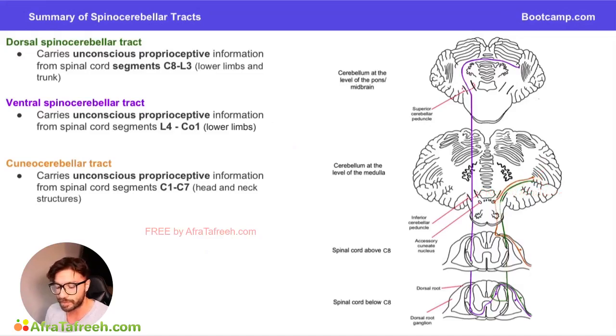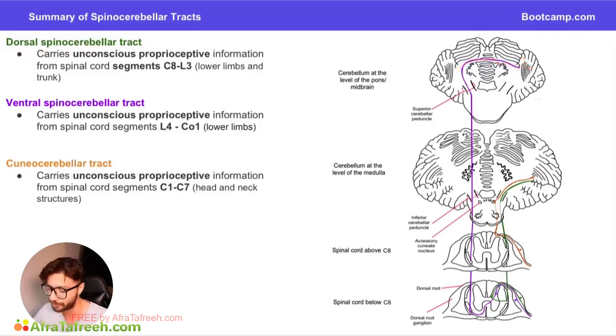The ventrospinocerebellar tract carrying information from L4 to CO1. This one enters in, synapses on a neuron in Clark's column, decussates across, ascends in the ventrospinocerebellar tract contralaterally, all the way up to the level of the midbrain, where it enters into the superior cerebellar peduncle. Now that we're inside the cerebellar cortex, it's then going to decussate again and terminate in